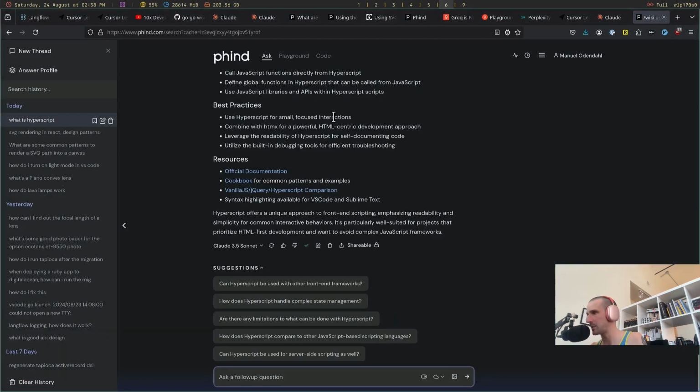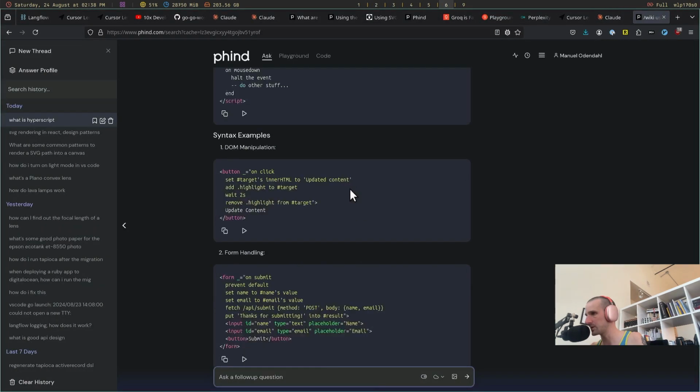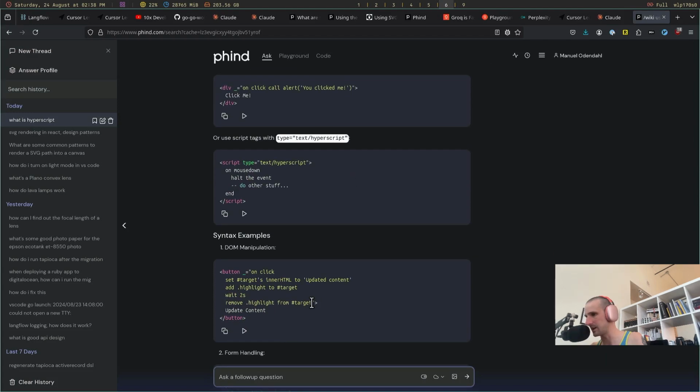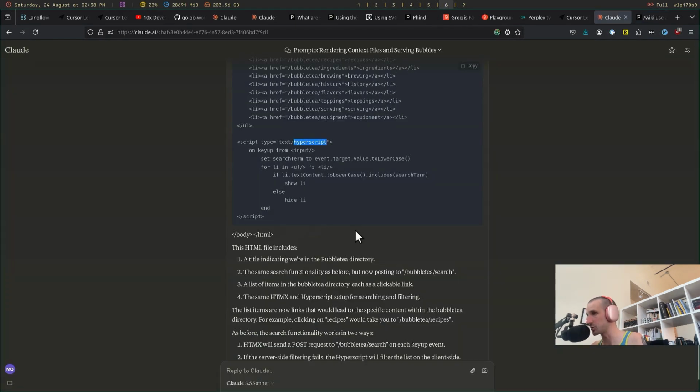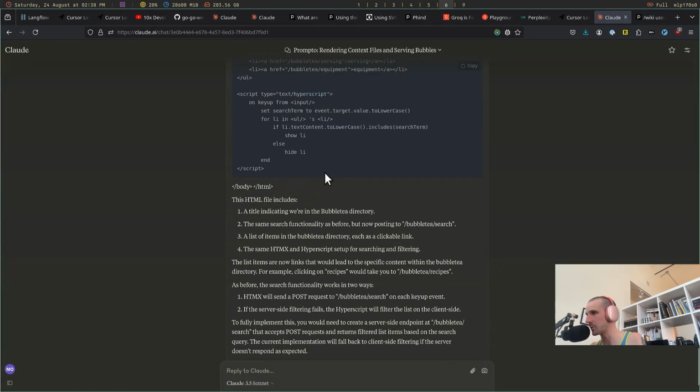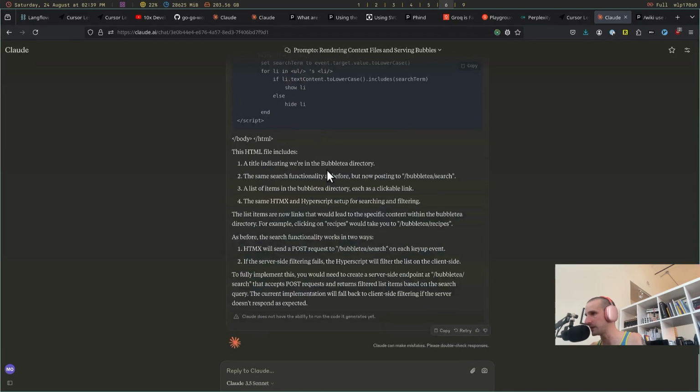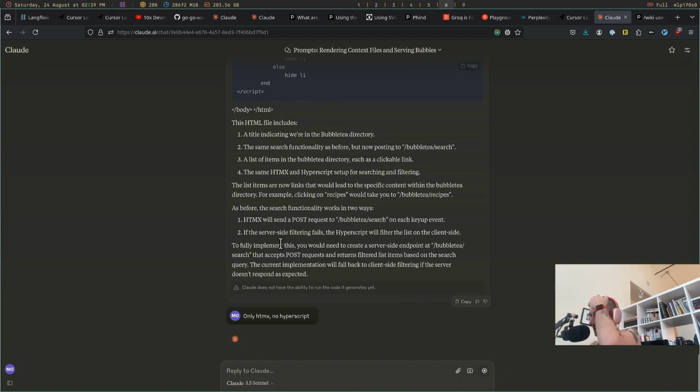So I learned about hyperscript, which is cool. What do the examples actually look like? This is, what the fuck? This is weird. But I could diverge so much right now. Let's go back to the application. So I've played around with this, only HTMX, no hyperscript. And